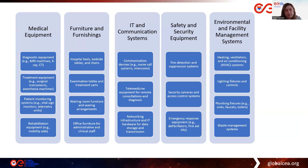IT, we have seen more and more the line blurring between clinical engineering and IT providers with the rapid involvement around equipment and their integration to the networks. Again, we need to make sure that our IT colleagues and our IT systems are capable of taking and understanding the required load of these medical devices on the IT system and provide the right solutions and right